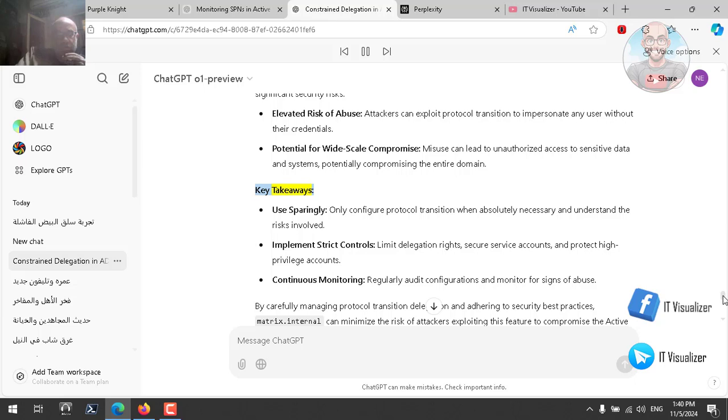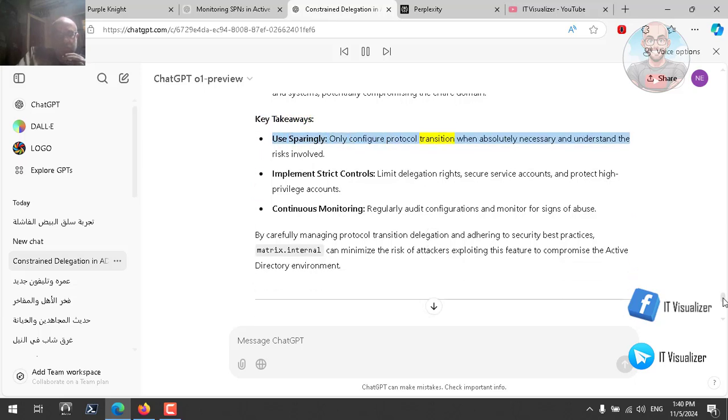Key takeaways. Use sparingly. Only configure protocol transition when absolutely necessary and understand the risks involved. Implement strict controls, limit delegation rights, secure service accounts, and protect high-privilege accounts. Continuous monitoring: regularly audit configurations and monitor for signs of abuse. By carefully managing protocol transition delegation and adhering to security best practices, Matrix.internal can minimize the risk of